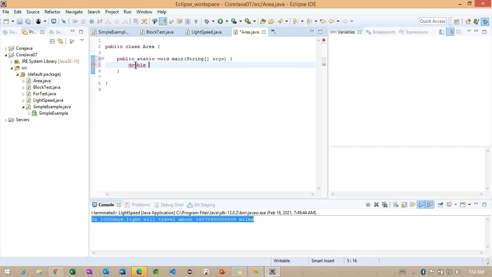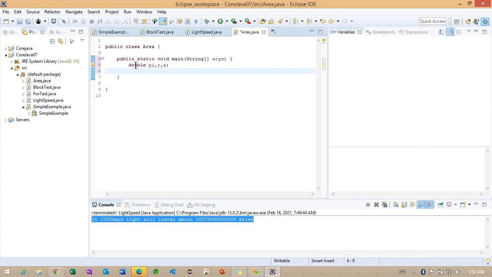I'm working with a double data type here, and what I'm doing is a variable declaration. What are the variables I'm creating? One is pi, one more r, one more a. So these are the three variables I want to make here.